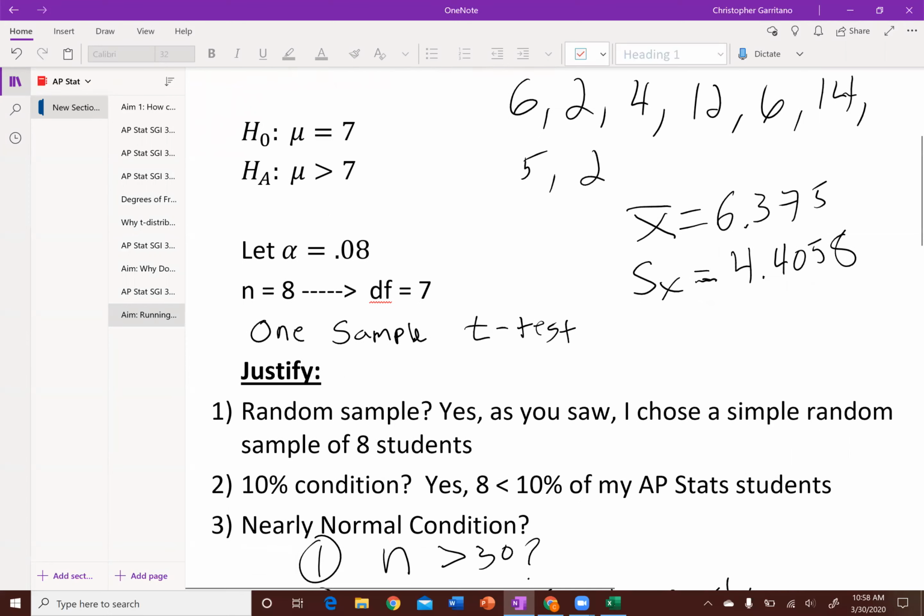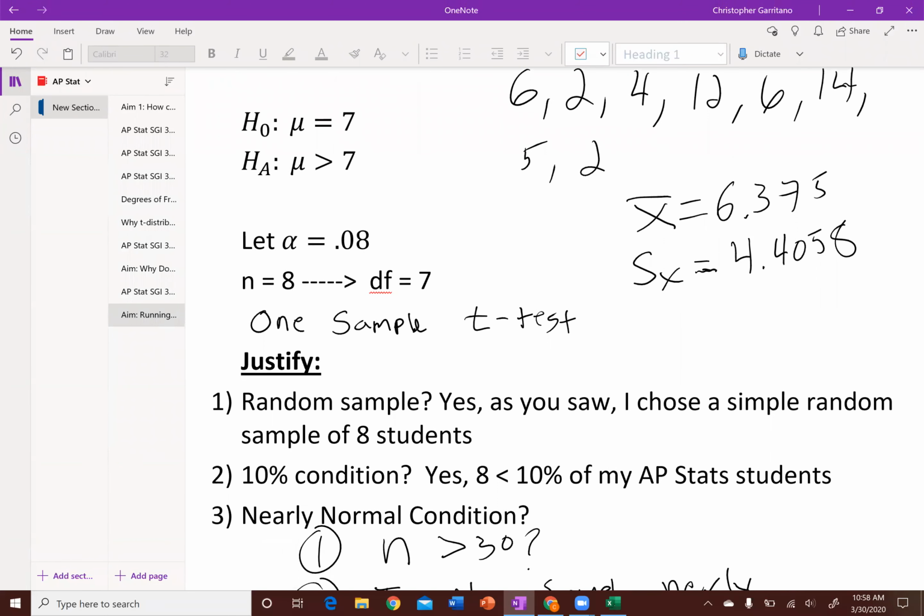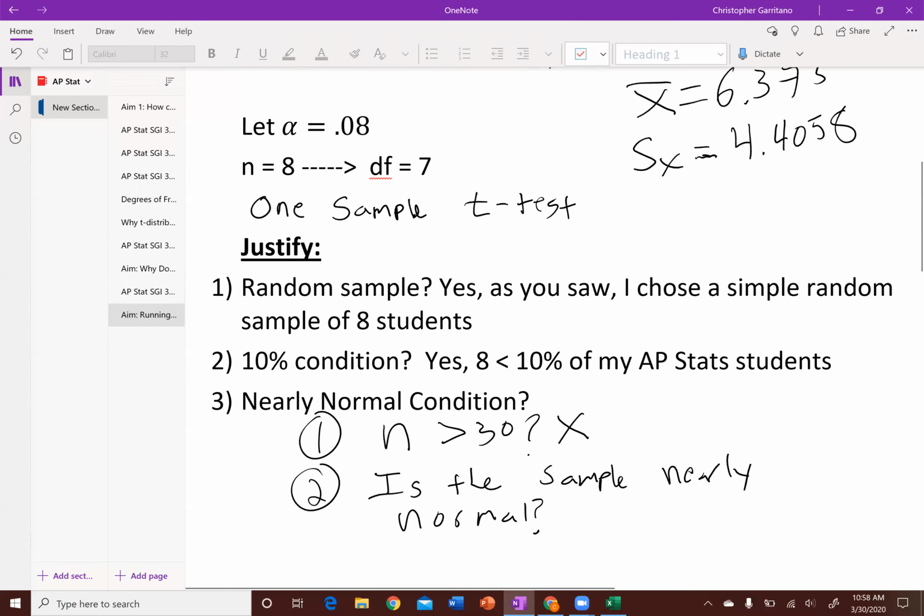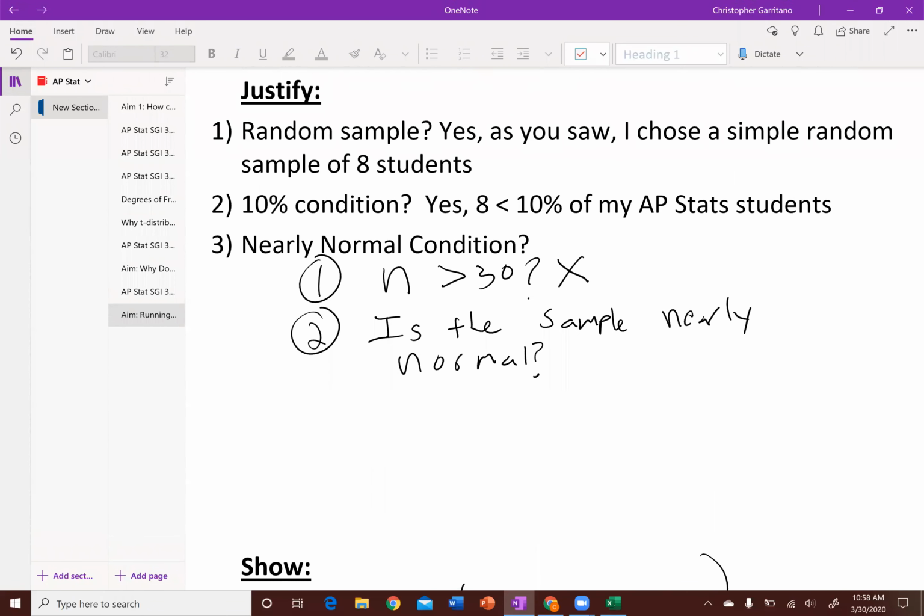First, is n greater than 30? If so, then you're good to go. You're done. The nearly normal condition is checked off. However, in this case, it is not. And so we have to ask ourselves the second question, and that is, is the sample nearly normal? Now, what the heck does that mean? Well, if we take the data that I just collected and place it in a normal probability plot, does that normal probability plot indicate that that sample is distributed normally? So we're going to check